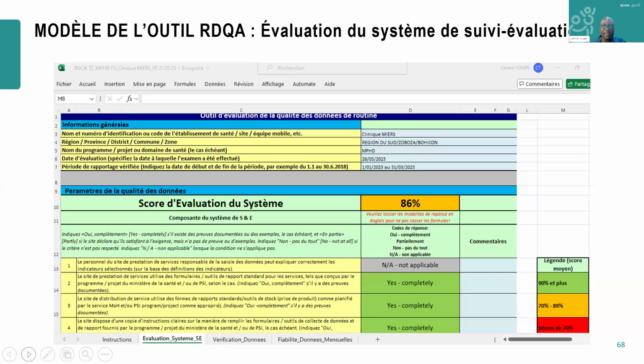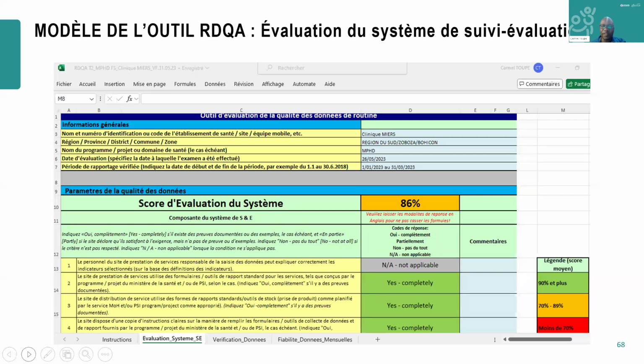The questions are of different orders. For example, one question could be: are the standard tools being used? Is there an archiving tool? Does the healthcare provider master these indicators and this data? Are there any storage files? This questionnaire is administered to the providers. And it is an Excel tool that is automated. The questionnaire,